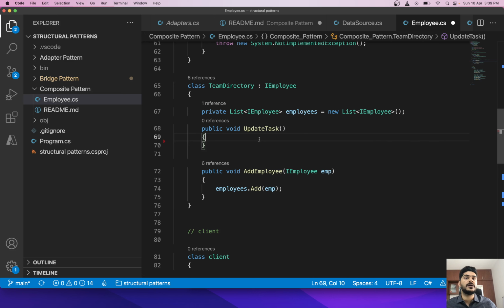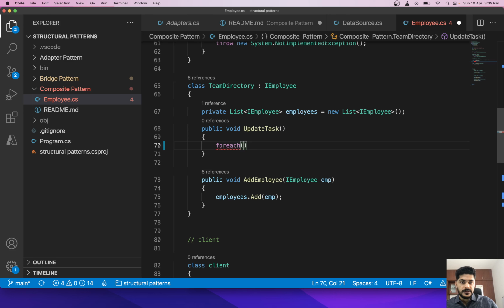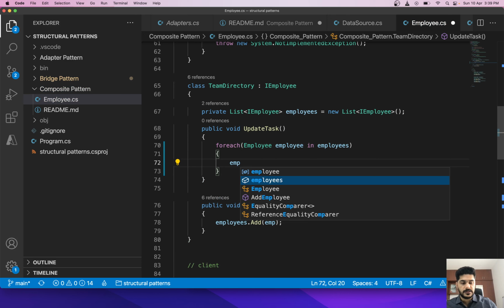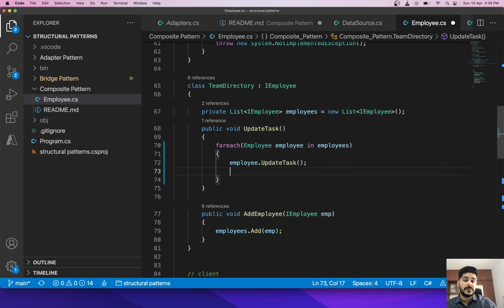How we can do that is, for each employee in my employees, first of all I will do employee dot update task. So this is updating that particular object. Now this might again have children, right? So